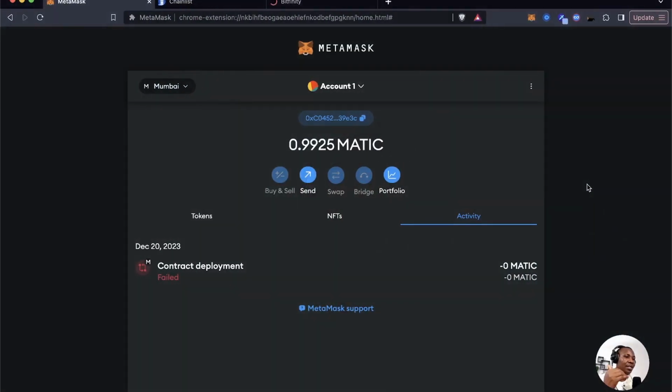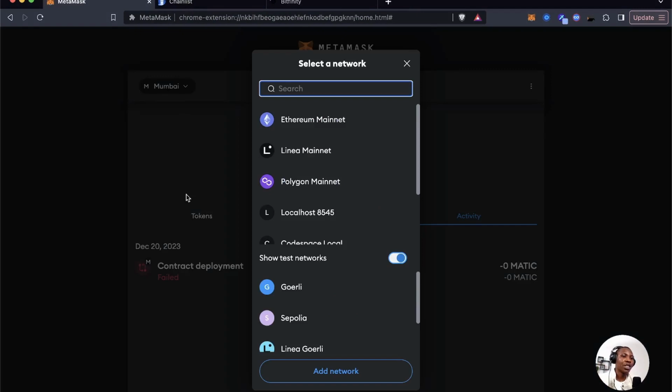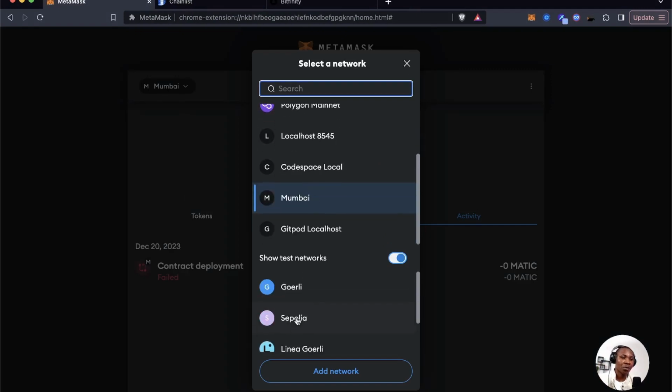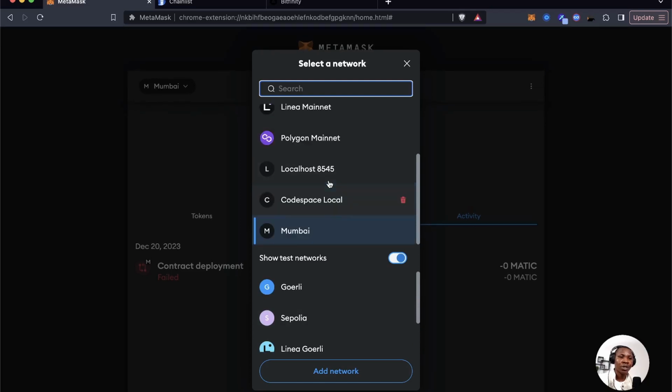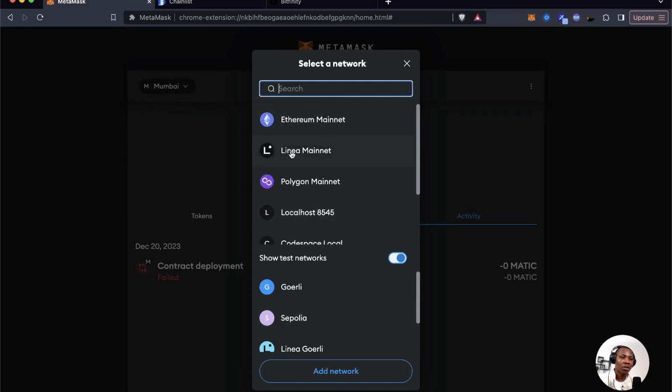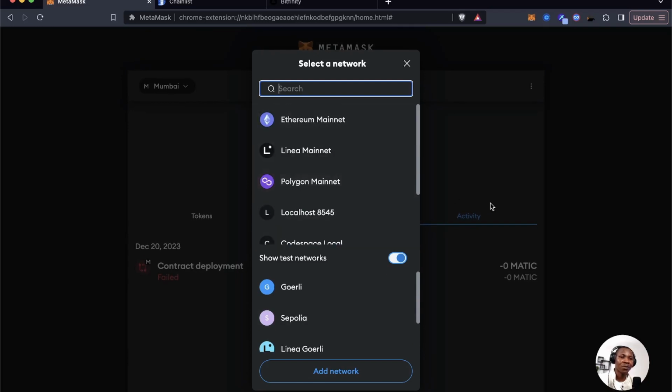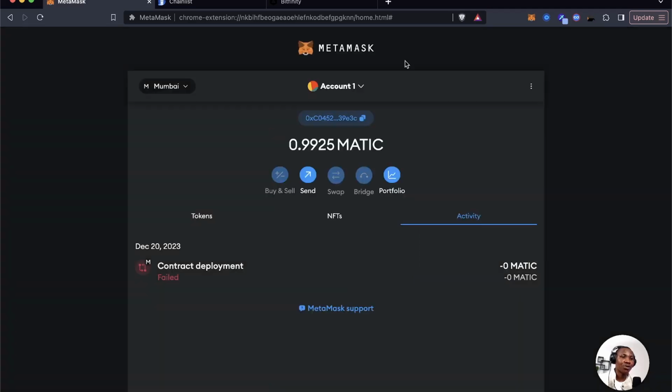Right now I'm here on my MetaMask account, and when we check this drop list of networks that I've added, these are all my test networks, and these are all main networks. You can see that we don't have any Bitfinity network here. We need to add that, and the first step to easily do that, you can come to this website called